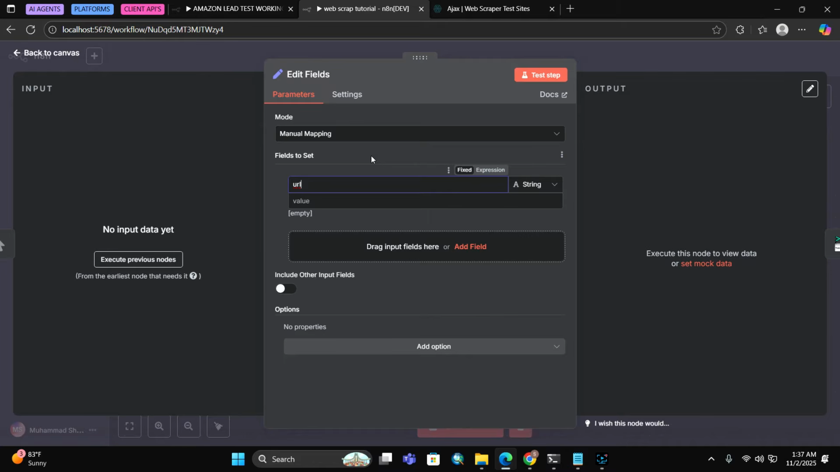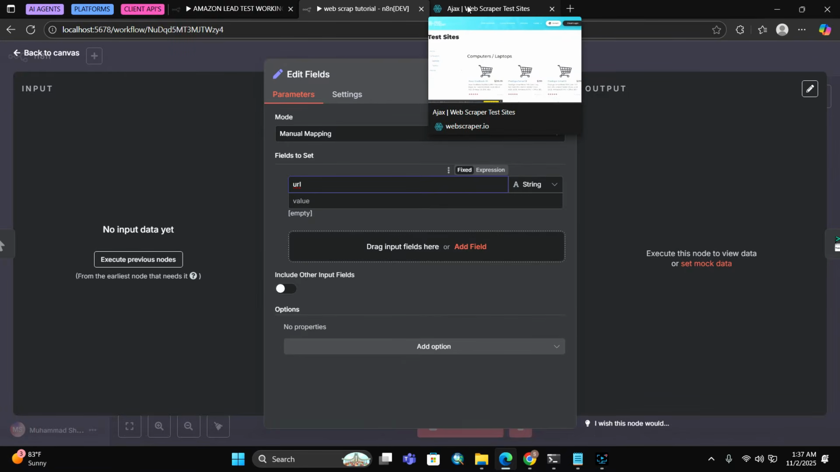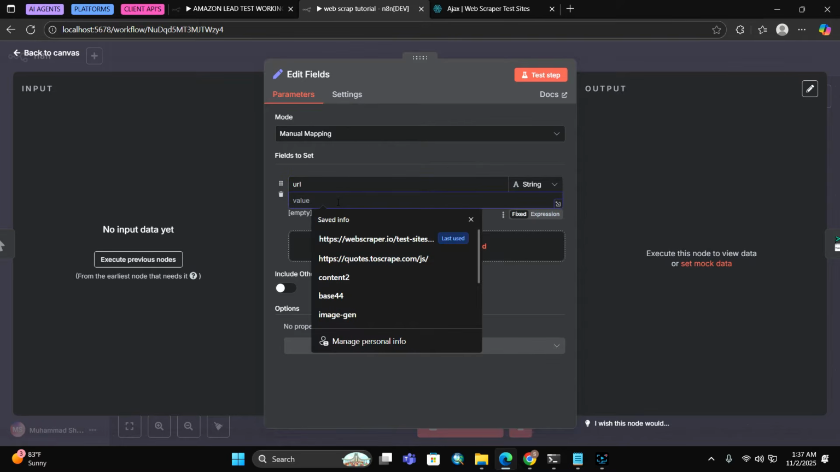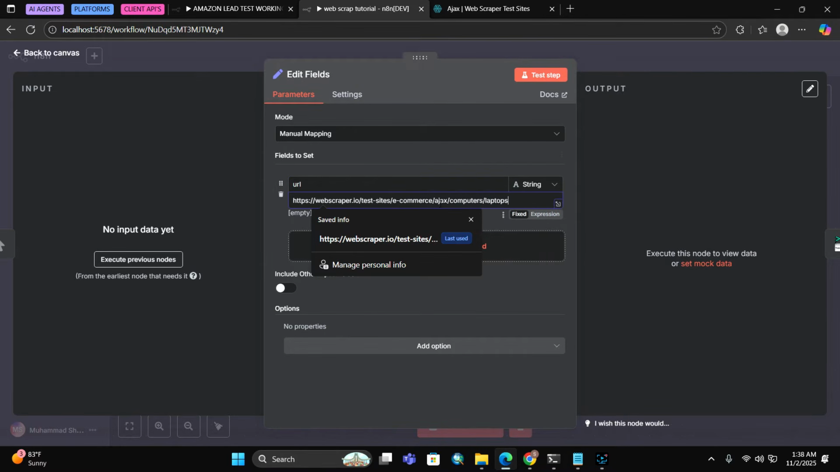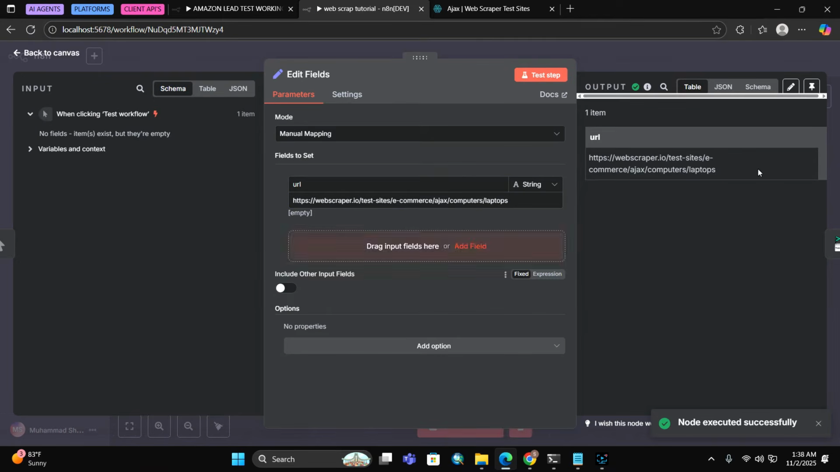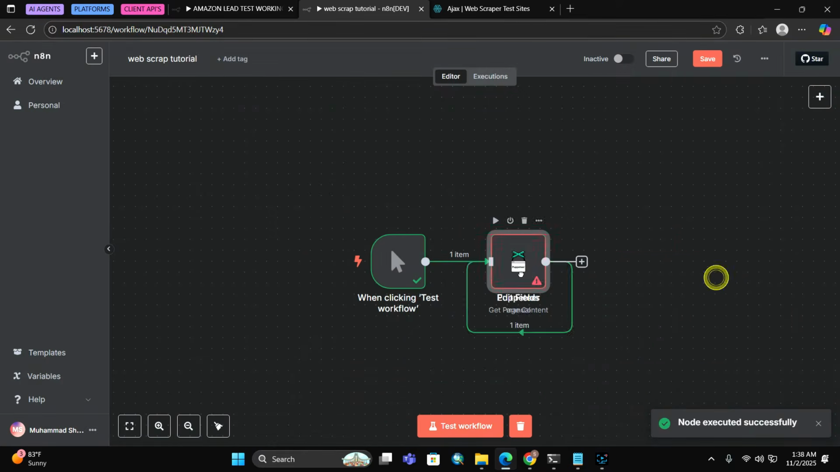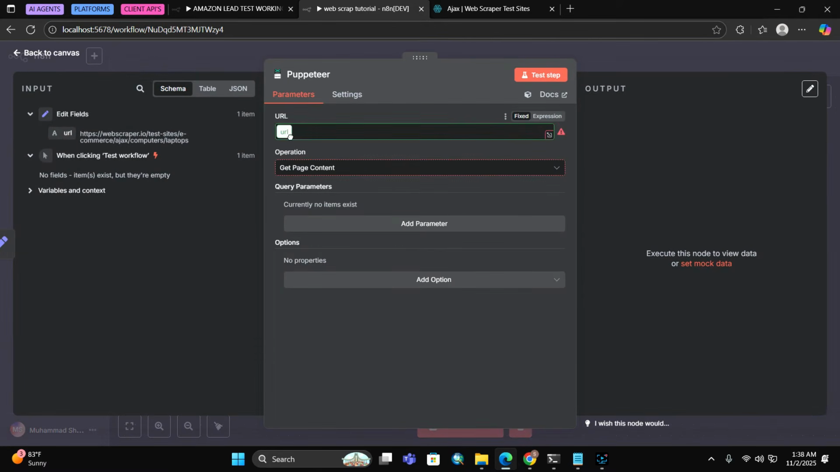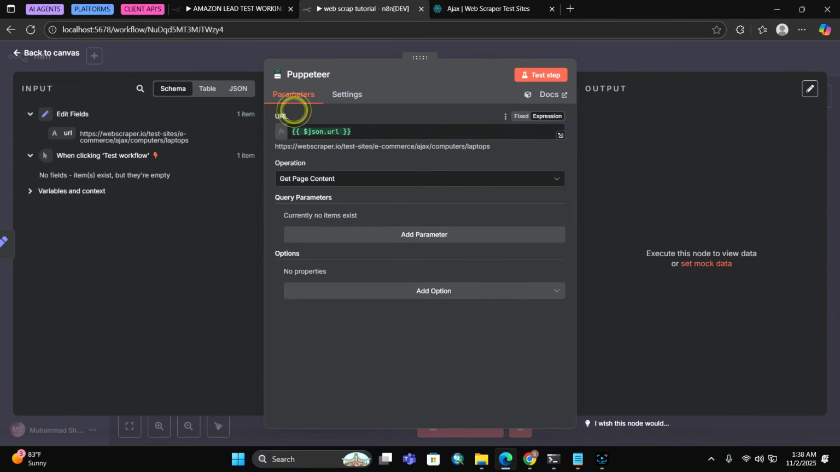Okay, the website I am using to dynamically scrape is this one, the web scraper. It is totally free for testing. It is a dynamic website. You can scrape it and use it in order to test Puppeteer. I have added it, and the thing I am scraping is computer laptops. It's working fine. Okay, let's add this URL here. It's added,